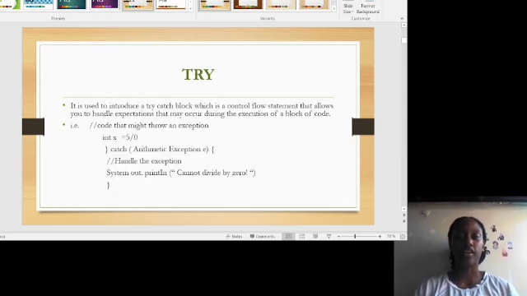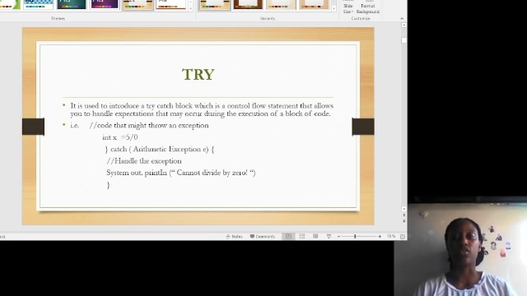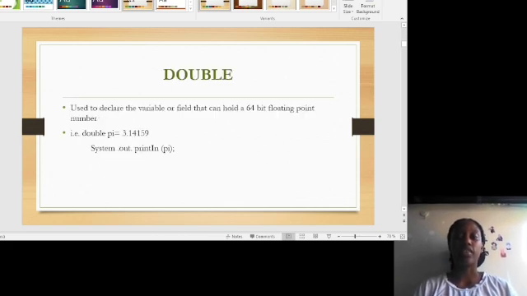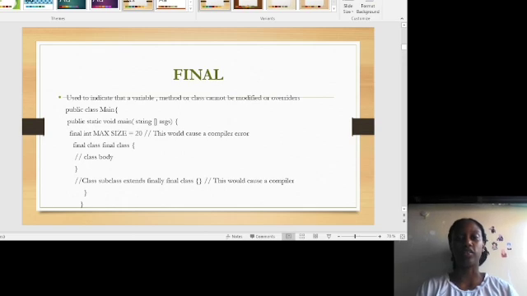Next is try. It is used to introduce a try-catch block, which is a control flow statement that allows you to handle exceptions that may occur during the execution of a block of code. The next word is double, which is used to declare a variable or field that can hold a 64-bit floating point number. Next we go to final, which is used to